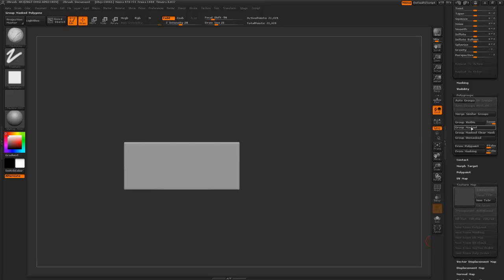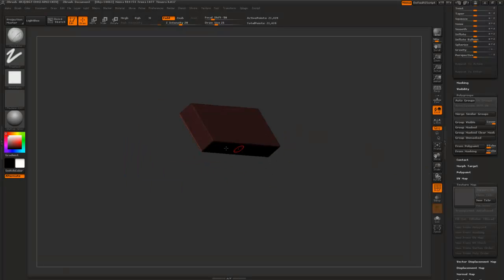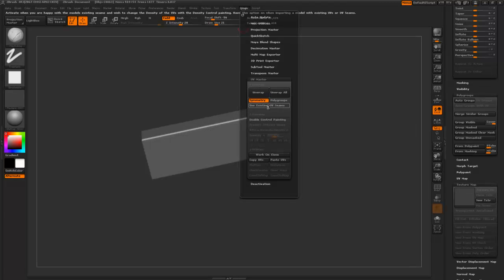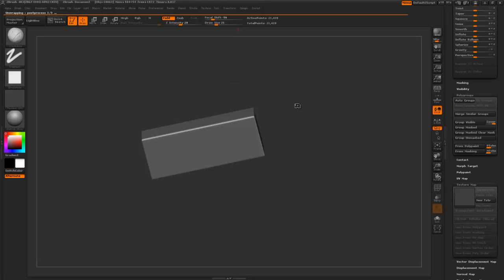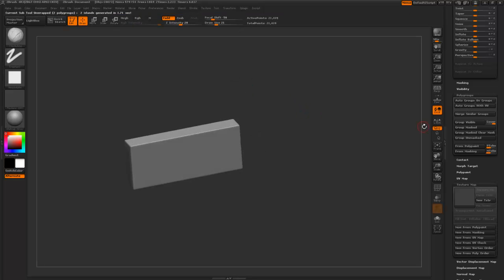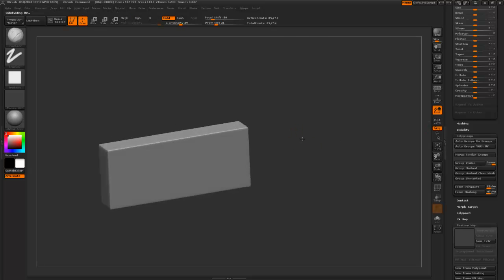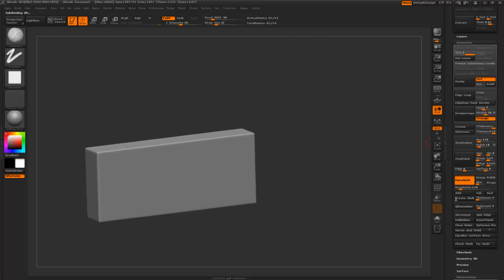Group mask. What it does is assign a polygroup there, and UV Master has the ability to do polygroups as well, so I'm just going to unwrap that. Then I can up it a little bit more, so I've got a bit more res, and then